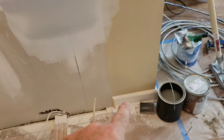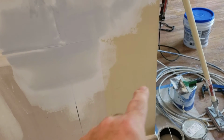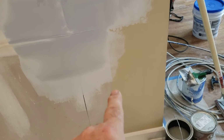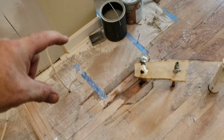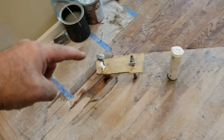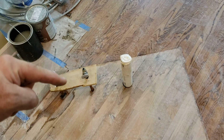Now, on the wall as well, in the original layout of the cabinets, you can see right here, the original cabinet stopped 12 inches back from the end of the wall. So this is 132 1/4. The original cabinet stopped at 120 1/4. The reason that's significant is that if you look at how this footprint on the floor is, see how the back of the cabinet line comes out right here and how the pipes are only about 4 inches inside that